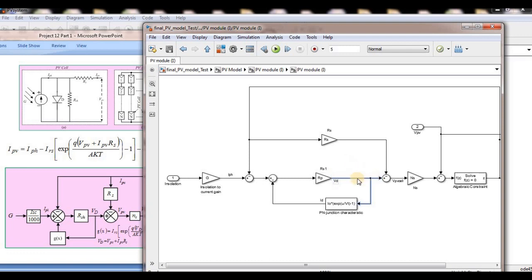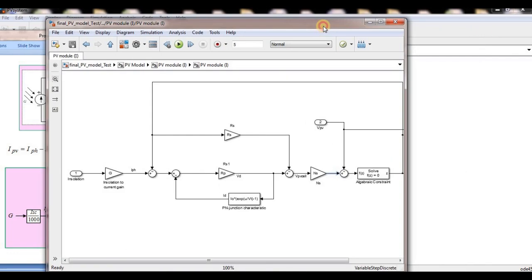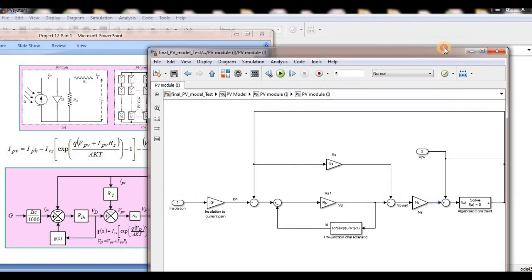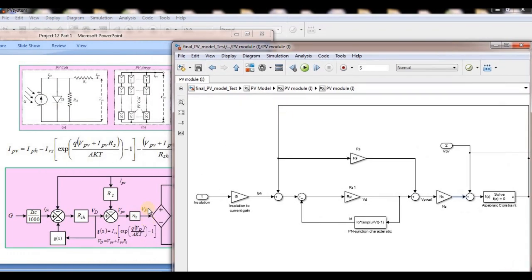Once I got the VD, I subtracted IPV into RS from VD, so I got the VPV of the cell into NS, which I took as capital NS here. So this is the complete VPV. But I already told you that I model only up to this to get the PV characteristics.